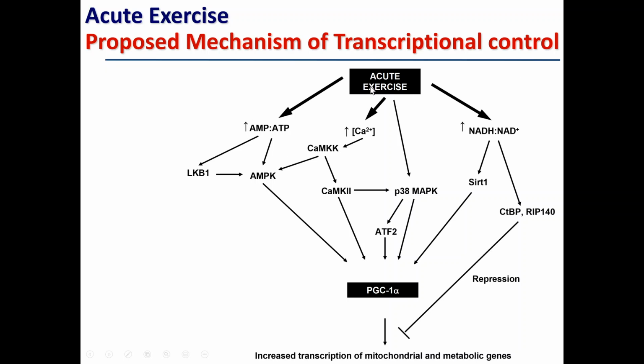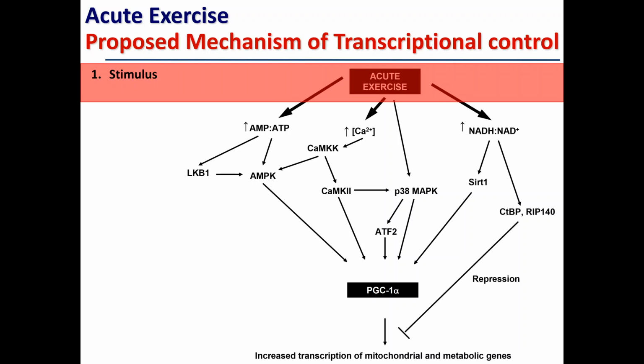So all you need to know here is that these are sensing the perturbations in the muscle, and particularly in terms of energy. And these signals are picked up and they converge on a regulator of metabolism, this PGC1 alpha. Again, you don't need to know this, but this is a transcriptional coactivator. What this will do is increase transcription of mitochondrial and metabolic genes within the muscle. And by increasing this transcription and by some of these transcripts being converted into new proteins, the muscle adapts, changes, and hopefully, or intuitively, gets better.